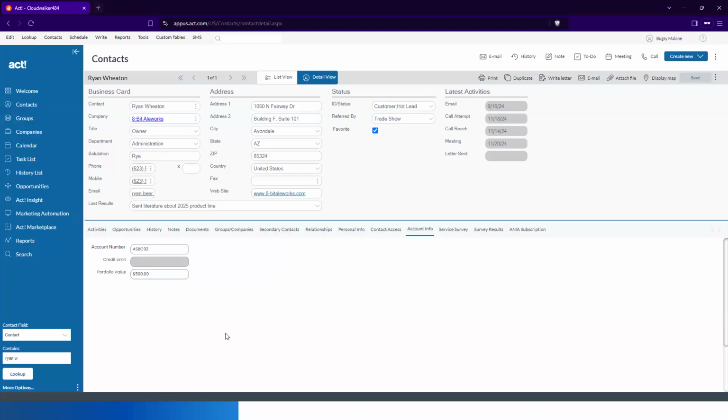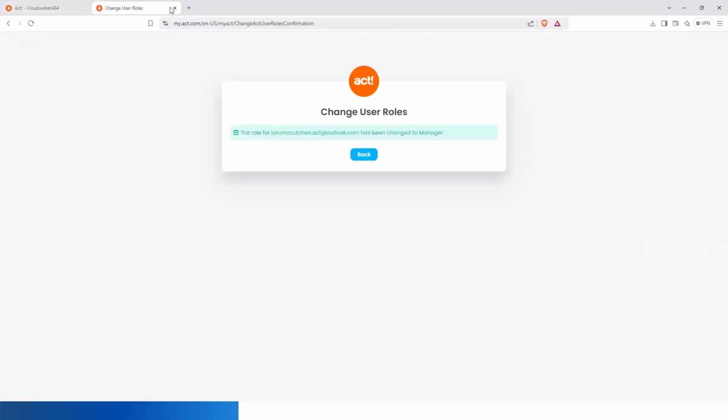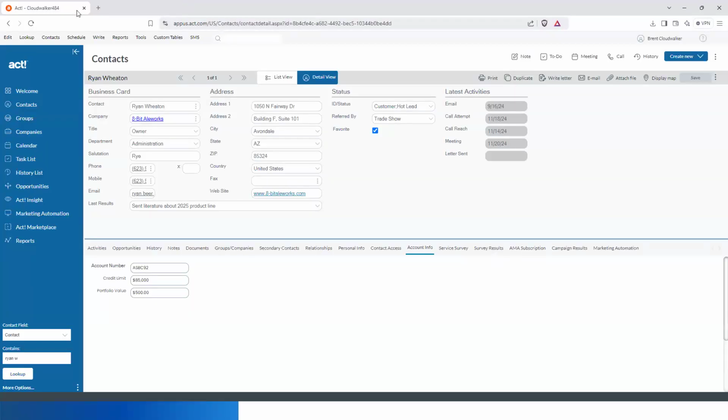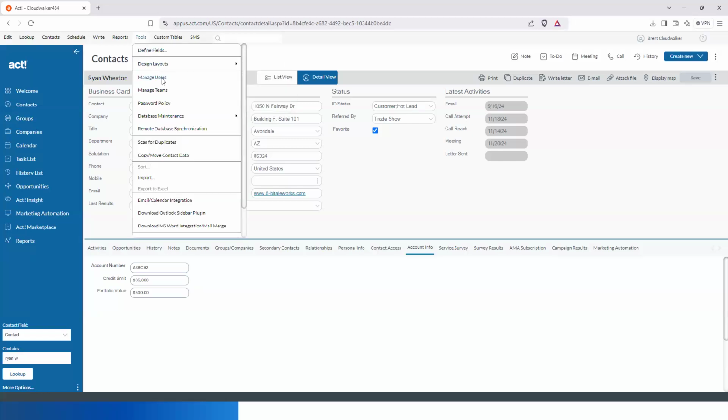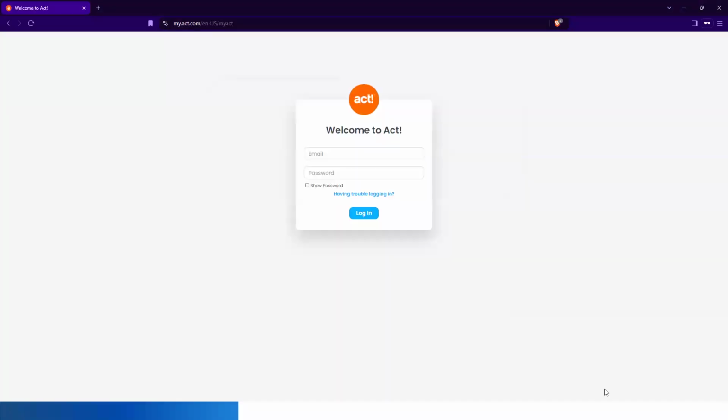But everybody else at my company should have read-only access. I'm trying to remember who else is at my company. Let's see, I put Ian on the list. Let me see, who else do I have here that I can log in as? I can log in as Al. Let's log in as Al, because he is not on either of those teams. So Al.